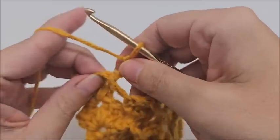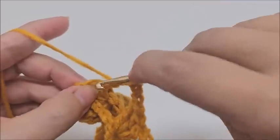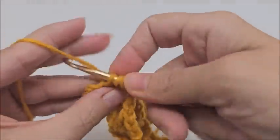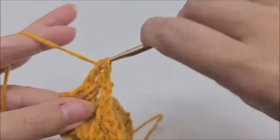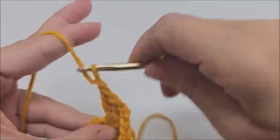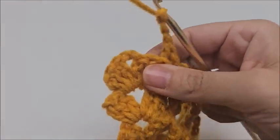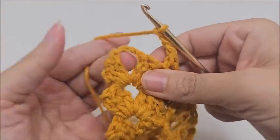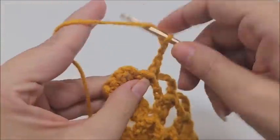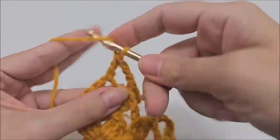There's 1, slide that down a bit. It just makes it easier for me to see my post when I slide it down. There's 2, and there's 3, and then we're going to do our chain 3, not too loose, and then we're at our final chain 2 space, and we always do the same thing in the last chain 2 space, which is 3 doubles,